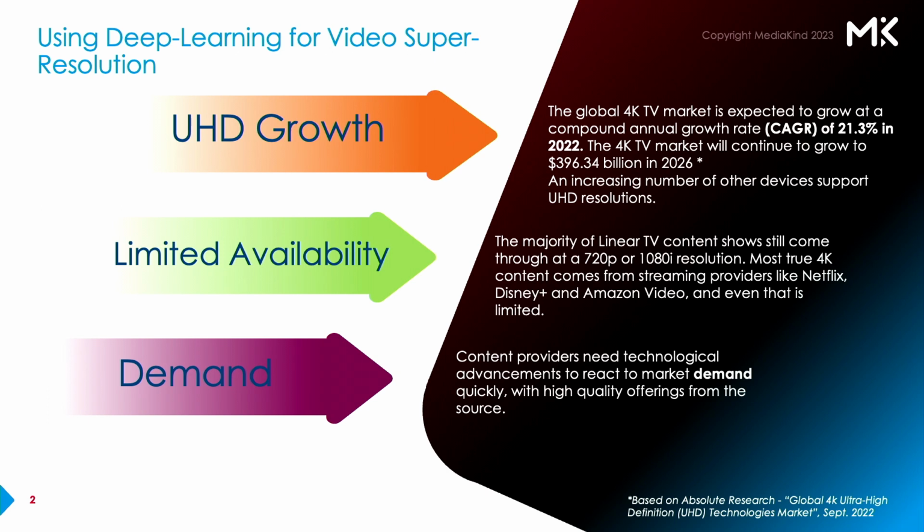But on the other hand, the availability of 4K or UHD content is still somewhat lacking, especially on linear TV. Only a few events are in fact produced in 4K, with most of the content available actually coming from video-on-demand providers such as Netflix, Amazon, or Disney+. So, having some kind of technology that can help to accelerate this widespread adoption can be a way of making this content more widely available.